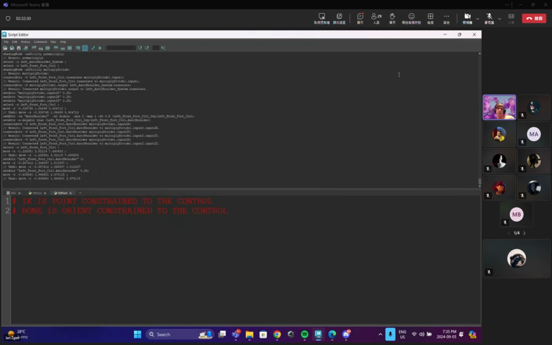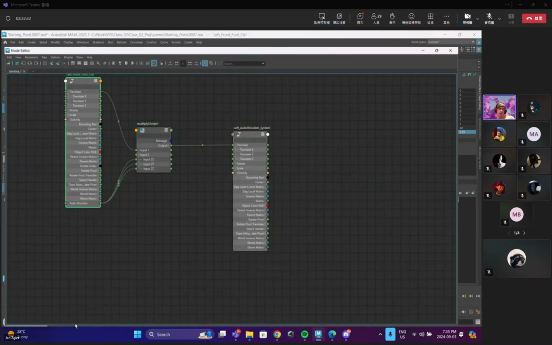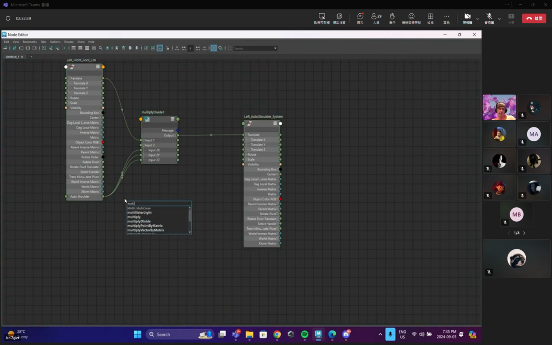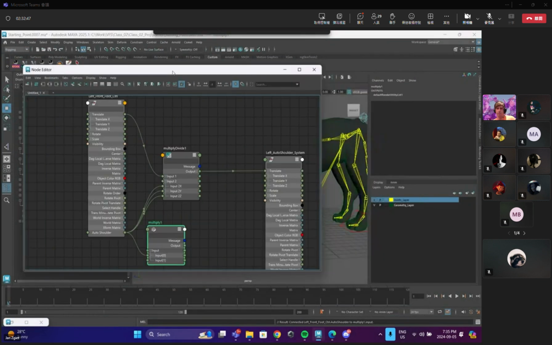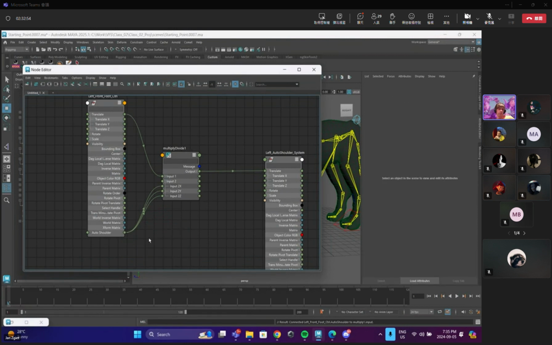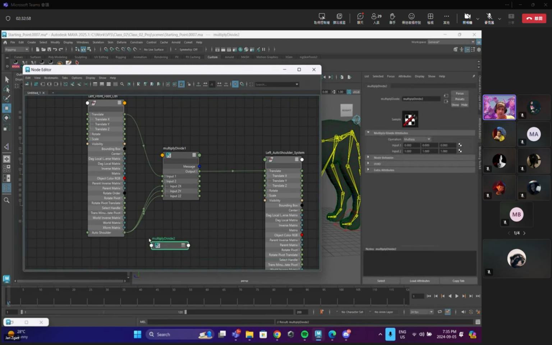I'd just reduce it. Where's that node editor? There. I would take that auto shoulder and multiply it by half. We don't have that multiply node. Oh, if you don't have it, then you gotta use multiply divide again. Okay. So use multiply divide and just